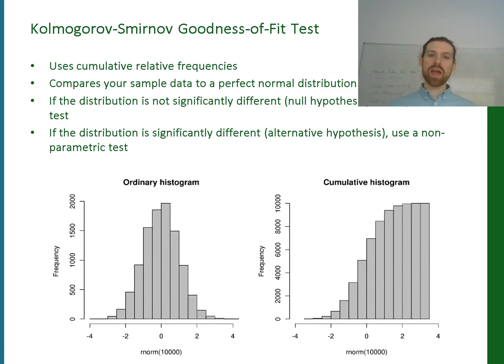So what we're doing is we're comparing the sample data that we've got. So maybe we've got a distribution of data here, a histogram, and then we want to compare it to the perfect normal distribution. And the way that we do that is by converting from that ordinary perspective on the left-hand side here, where we just have the frequency, so the number of samples in each bucket, so it's up to 2,000 on the left-hand side here, versus on the right-hand side where we've got the cumulative histogram. So the y-axis actually is from 0 all the way up to the total number of samples that we have